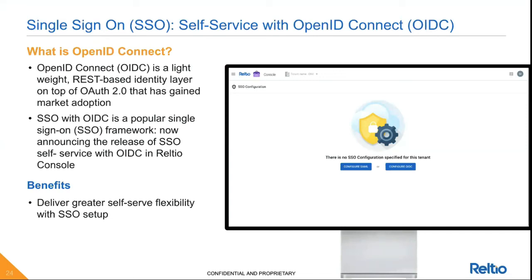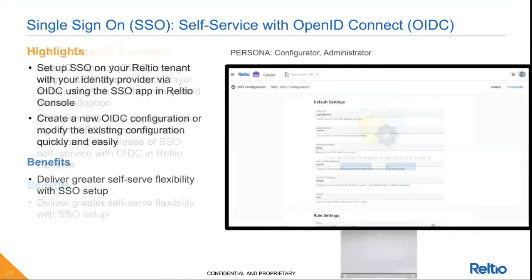Now, we have been supporting OIDC for quite a while, right? It's not a new feature that we support. There are two types of protocols here, one is SAML and the other is OIDC, and we support both of them. But what we have done with 22.1 is create a self-service capability for configuring your OpenID Connect or OIDC